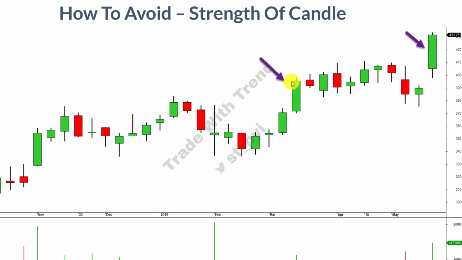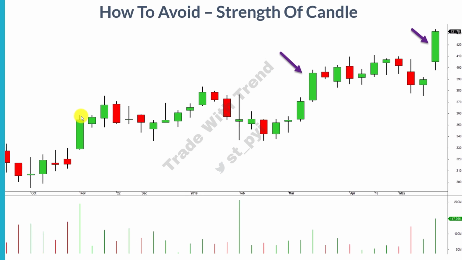When it comes to identifying breakout candles, make sure that the range of the candle is wide and the closing of the candle is towards the high point of the day. If you take a look at all these 3 candles, the closing here is clearly near the high point of the session. Now this candle has some presence of wick here, but this can be ignored given the entire range of this candle.